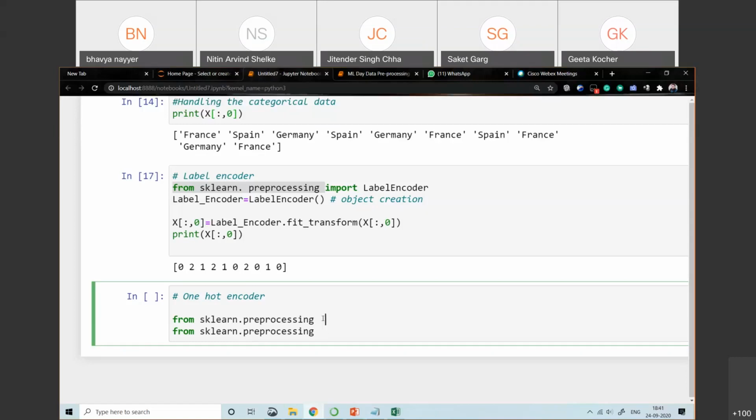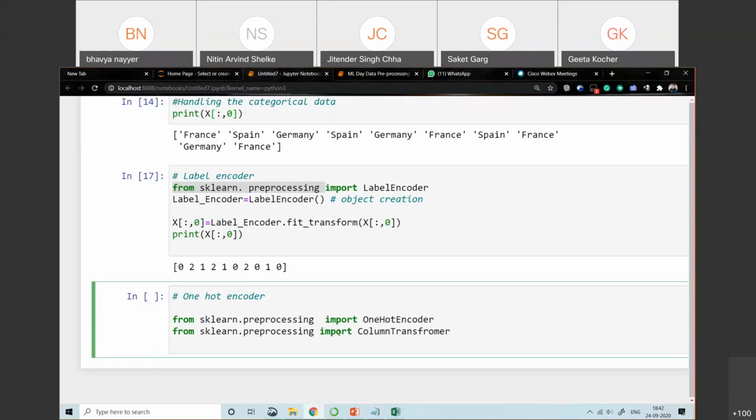One is OneHotEncoder, with a capital E. Next, import ColumnTransformer. This is what we need to do the one hot encoding: these two classes, OneHotEncoder and ColumnTransformer.